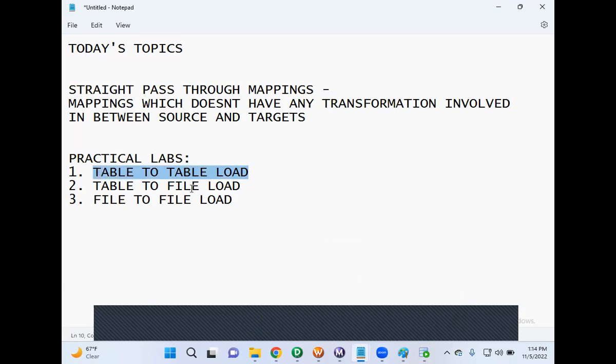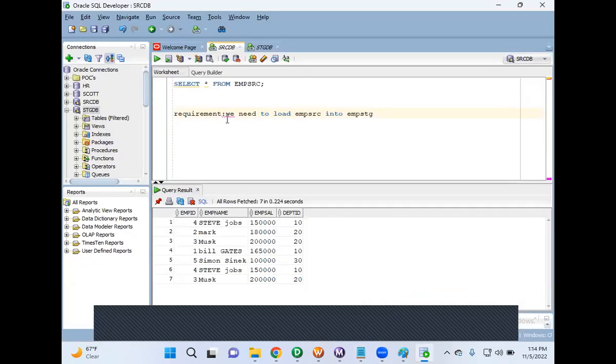Now I will show you how to load data from a table to a file. Think that our business asks us, okay, this is good, I also want the data in a separate file, like a text file. They want to see the data in a text file because they can send it via email servers, attach that file in email attachments, and send it to some other people, to some other teams as well. So the second requirement is like